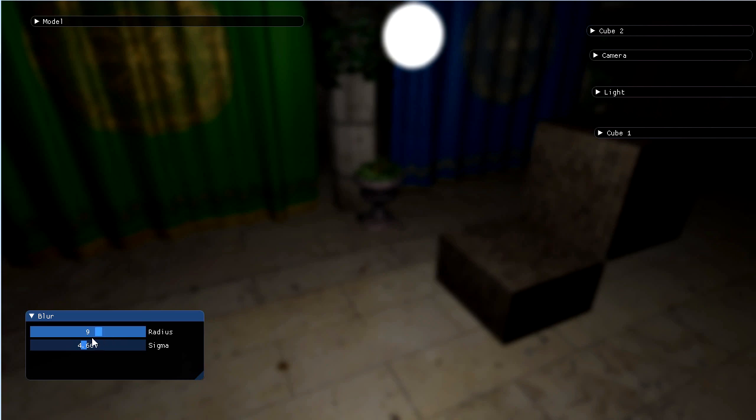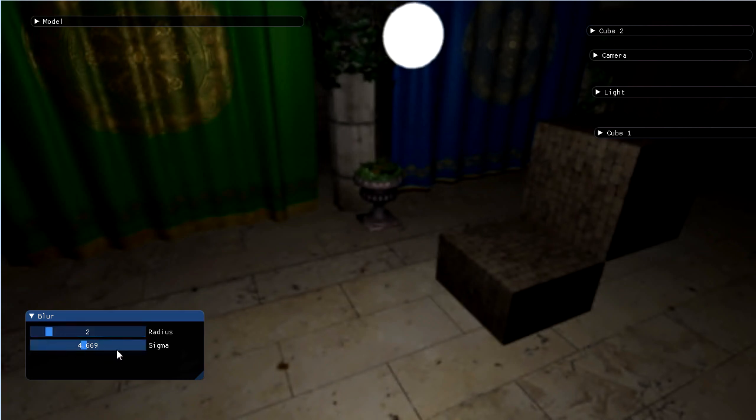On the other hand, if I turn the radius way down, turn the radius down to 2, it doesn't matter how high I turn the sigma up, because it can only ever blur to a radius of 2. It's only reading 2 pixels away from the base position. But there you have it. There you have your controllable blurring with Gaussian